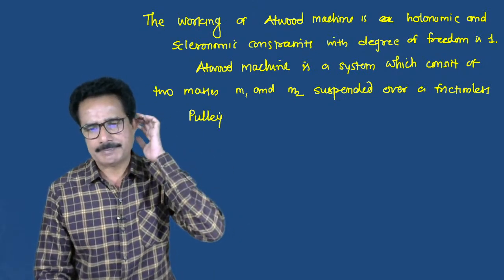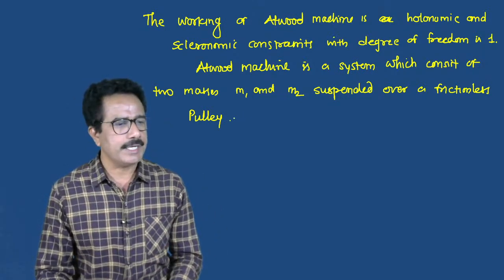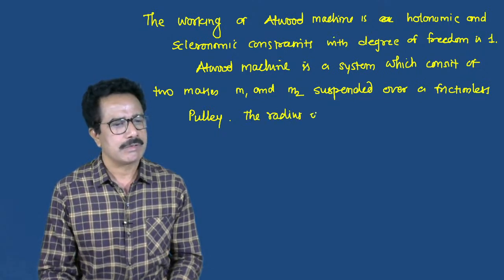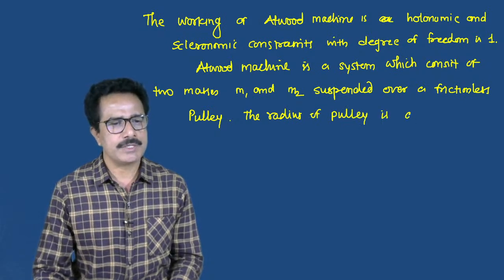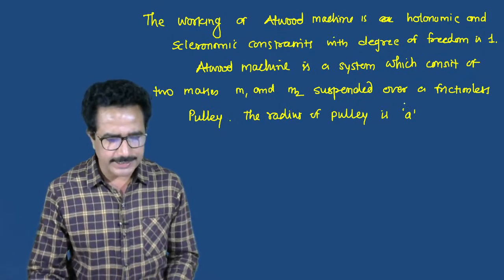Okay. See this. Let A be the radius of the pulley, connected by the flexible string